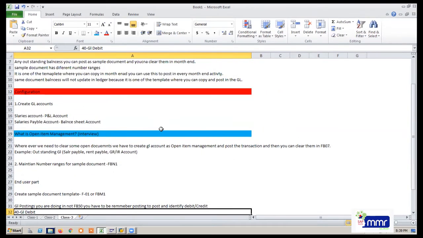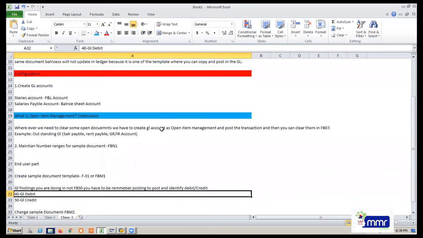Conclusion on this: generally, in a practical situation, the user can post the entry directly into the P&L and balance sheet, or else create a sample document for regular, repeated transactions, store it in the backend and use it month on month. Every month they don't know how much amount or what the GLs are, so this saves their time. Otherwise every time they would have to go into the transaction and enter everything. It also makes it easy to add more line items. That is the main purpose we are using templates.